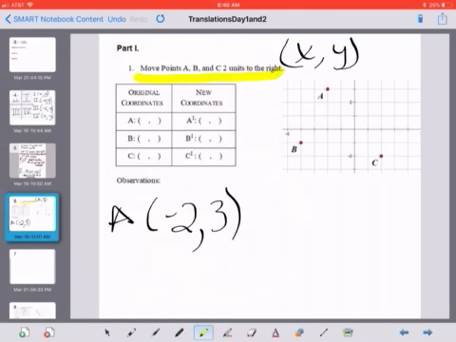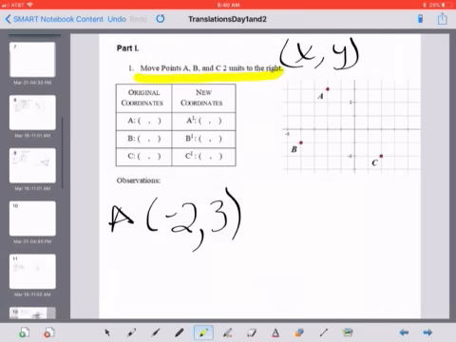And then you're going to write down your new coordinates, and you're going to make observations of what you see and what you don't see. You're going to do this for the next 4, or for the next 2 pages,